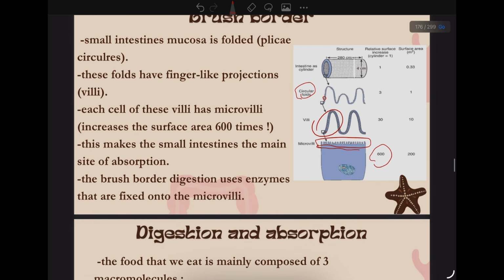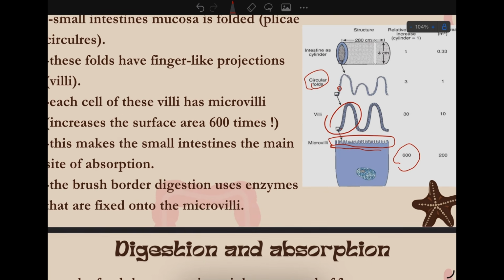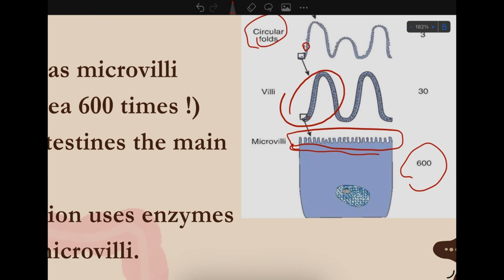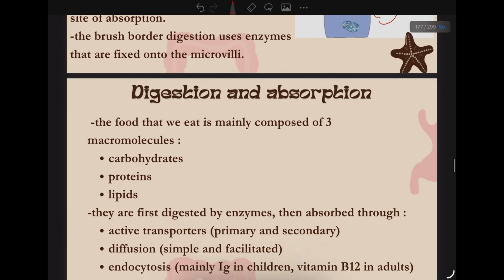The brush border is also very important because the brush border digestion enzymes are usually found on the microvilli itself, so it's fixed. So we have pancreatic enzymes that are released from the pancreas, which are most of the enzymes that we use in digestion. And you have these enzymes fixed onto the microvilli, which are called enzymes of the brush borders. Anyway,